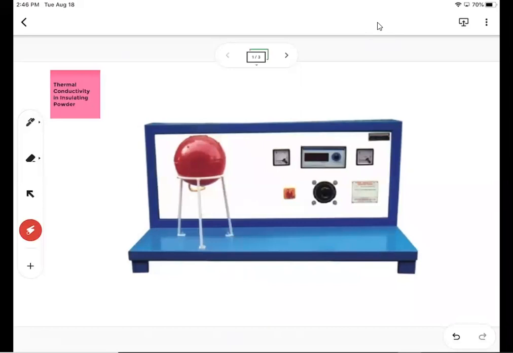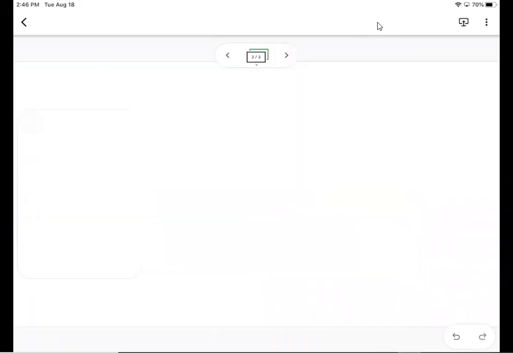There are various methods of determination of thermal conductivity, but this one is suitable for finding the thermal conductivities of materials, usually in powdered form. So, as you can see in the experiment setup, there is this round ball over here. This is basically a shell. I will explain what's inside this. Let me draw an inside representation of it.